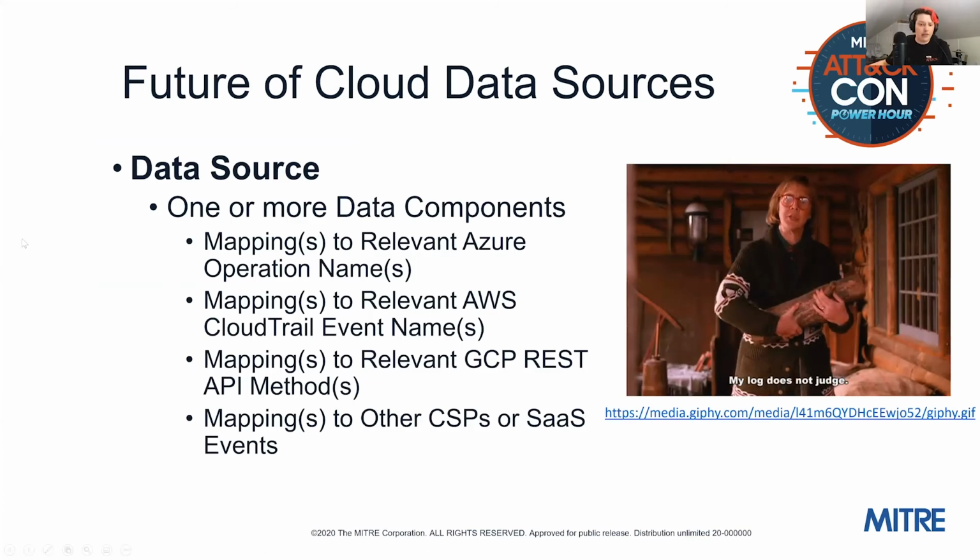I'm not sure how many of you have seen Jose Rodriguez's blog post about the future of data sources for enterprise attack, but we're also moving in that direction with our cloud data sources. So the idea here is that you have a single data source. It has one or more of these things called data components. And then as contributed from the attack team or the community, there can be mappings to relevant events and APIs from the various cloud service providers and SaaS providers. We really hope to move away from that general logs approach and start moving towards something that's a more meaningful set of data sources for our users.